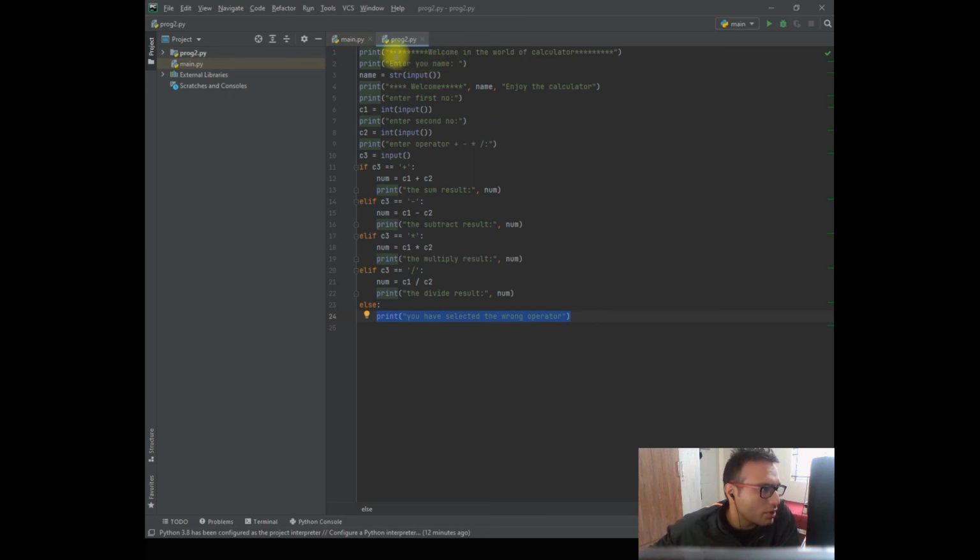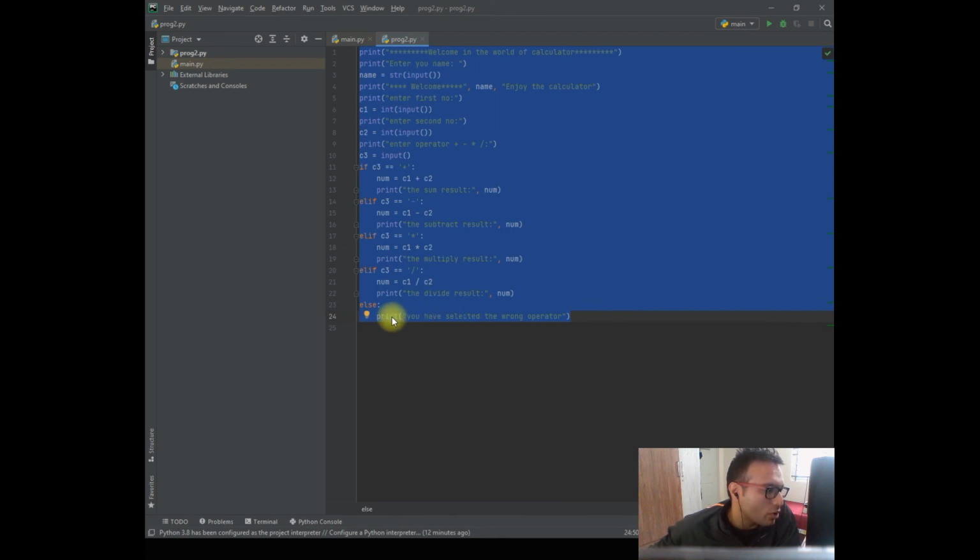So this is all about the program, a simple calculator including error handling. If anything goes wrong, this will automatically print it. And since we are collecting only integer values, we have defined int in front of all the inputs, so that no one can put in a false value which is not allowed. That is also something we have to check.